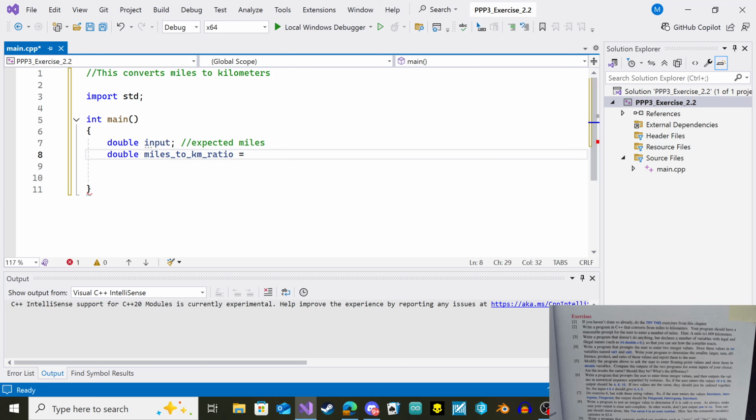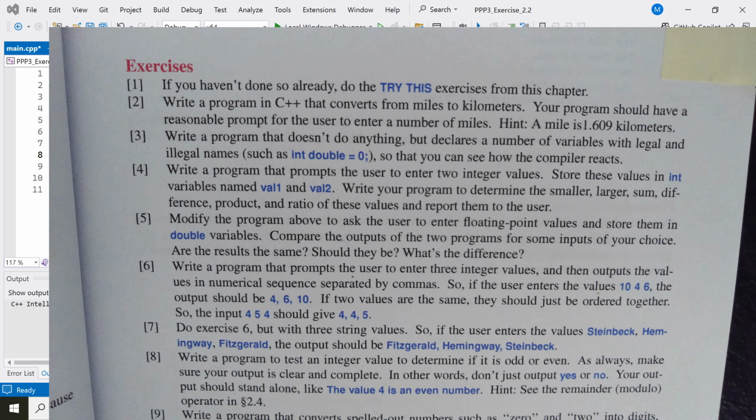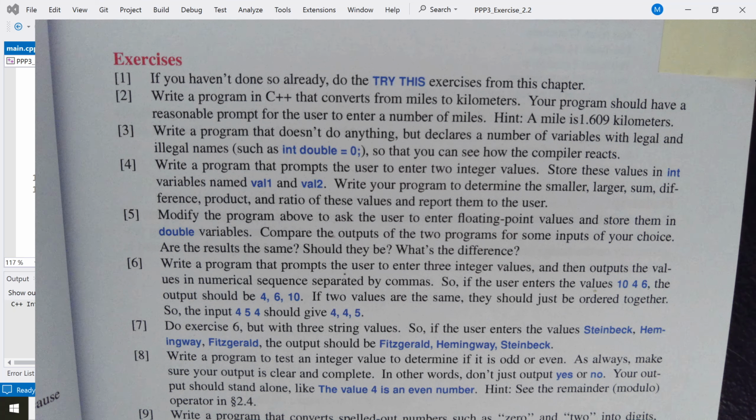I'm going to get that definition from the book, which is 1.609 kilometers. And then we're going to use